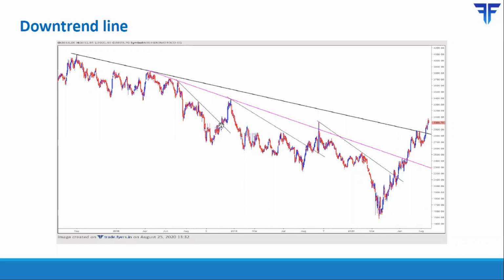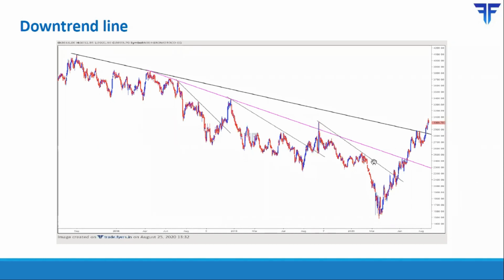It was eventually broken over here, and once it broke, there was a rally in the price going forward in time. Then again, price started correcting from there. Again, I've drawn a trend line to connect two swing highs. That swing high was broken. The trend line was broken over here, but initially price did not rally. As you see, it turned sideways following the trend line break before eventually going higher.